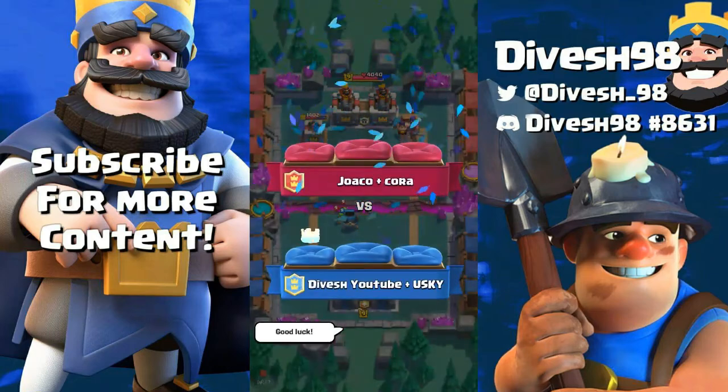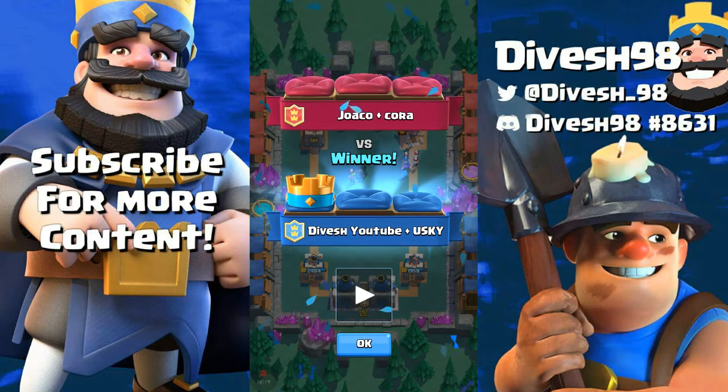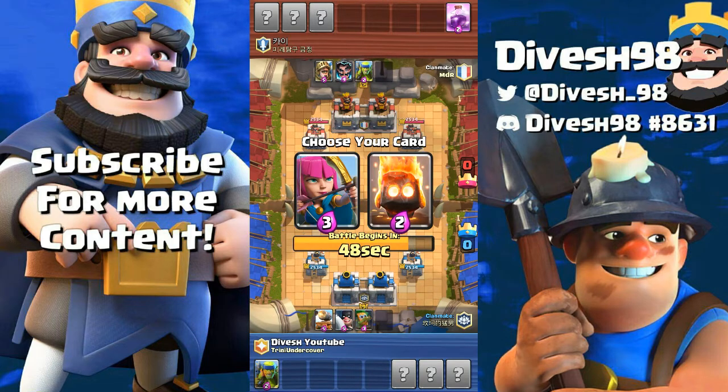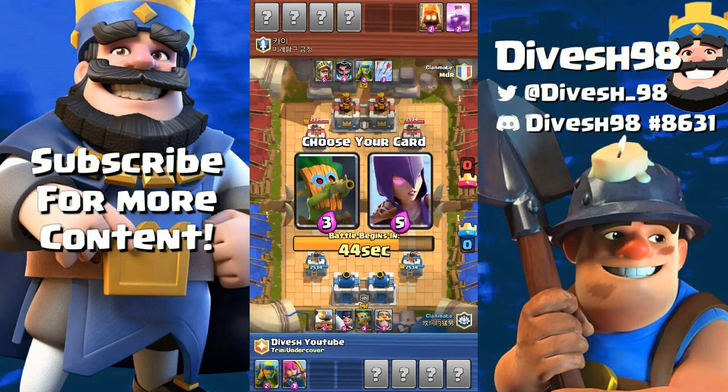So these cards are very versatile really, and they need something very specific to counter them. The Inferno Dragon usually needs swarm cards such as minions, barbarians maybe if it walks, or minion horde, anything like that. And the bandit needs lots of swarms as well that walk. So these cards can just be potentially very deadly for your opponents if they do not have the right cards